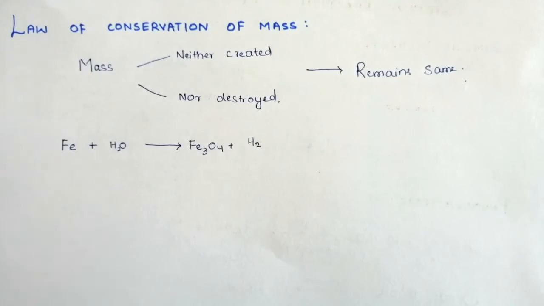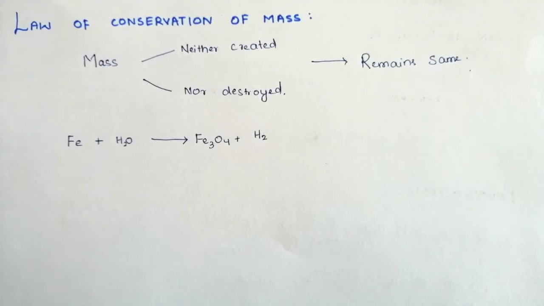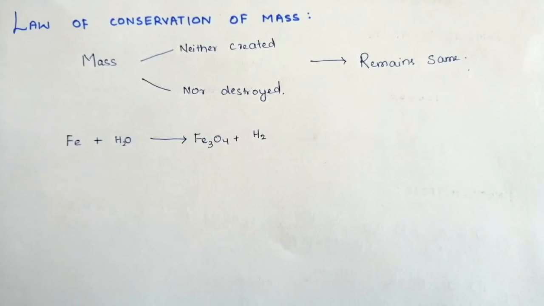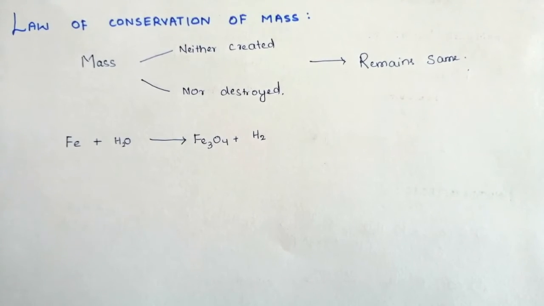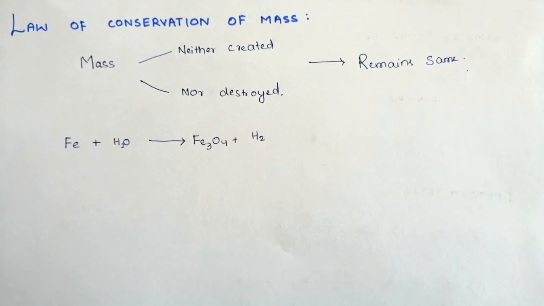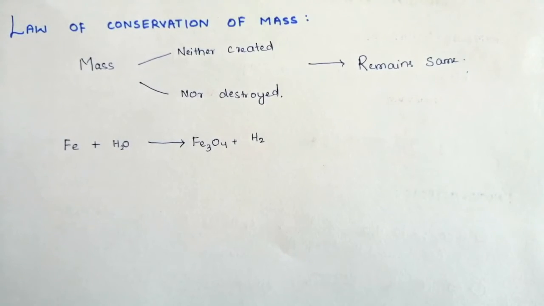Fe3O4 is known as ferroso-ferric oxide, with the evolution of hydrogen gas. This is commonly known as rusting of iron. Whatever product is formed here is rust. Is it a balanced equation? If you observe, is it a balanced equation? No. On the right hand side product, iron atoms are 3 in number, whereas on the left hand side only one atom is present. So we have to balance this equation.